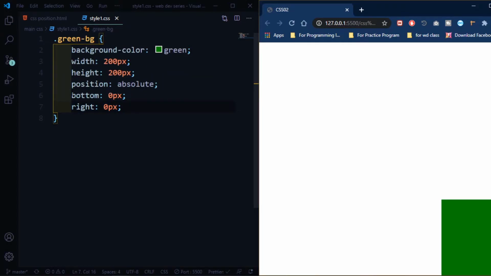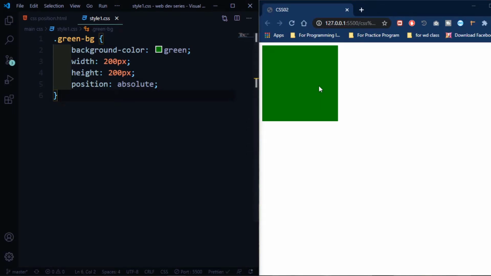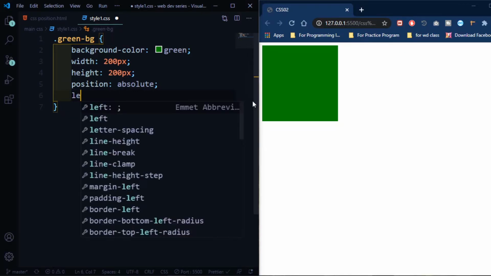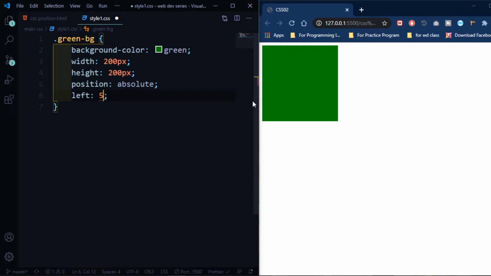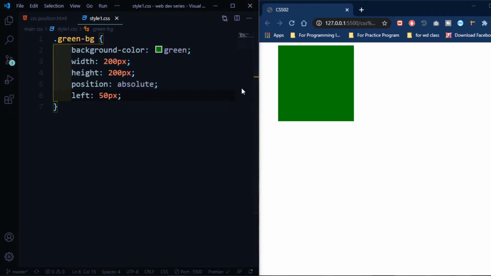So now go to our initial position. Okay, go to our initial position. Suppose we want to go to the center. We want to move 50 pixel from the right. So what we can write here is left 50 pixel, and if we save this, we can see it has moved towards the right side